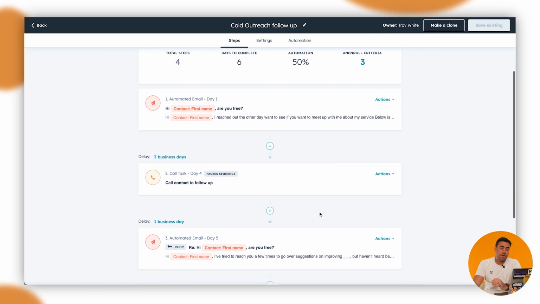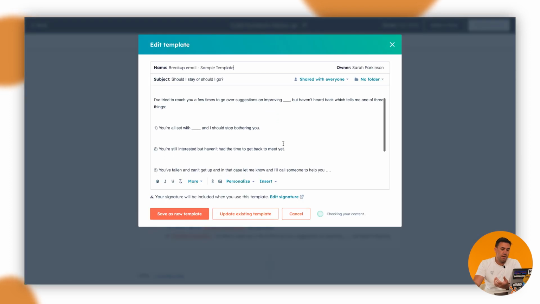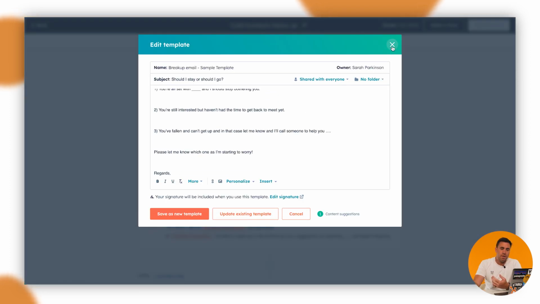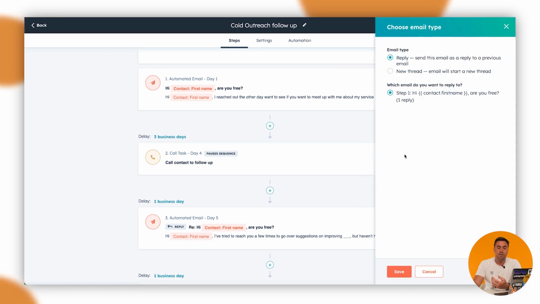What we can see here in the second email that's sent out, looks like 4 business days after that, it will go through. We can see here that this is another email that's written. If we go over here, we see this is following up. Again, this is just dummy data. But what you can see is if we click on actions and go to email threading, you can see here that we're applying to the original email that was sent.